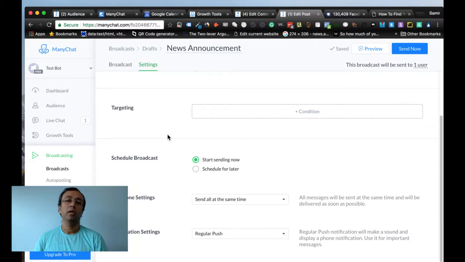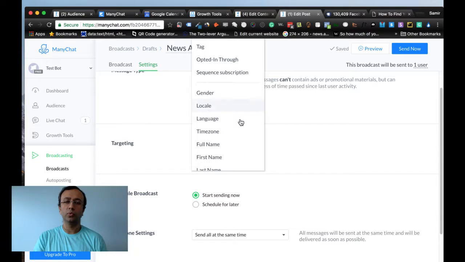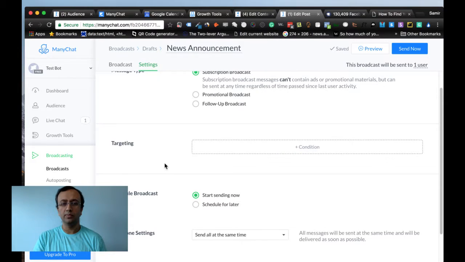So here you can always put conditions on who you want to send the broadcast message. You can basically select the targeting of the broadcast message. So out of all your followers, who do you want to send the broadcast to, right? Here you will see targeting, and if you click on the condition, you will see that you can choose.